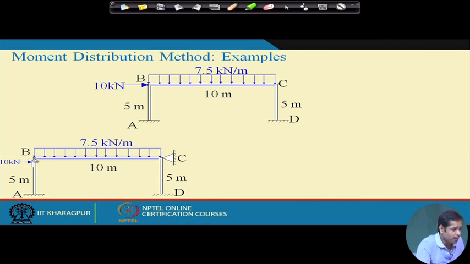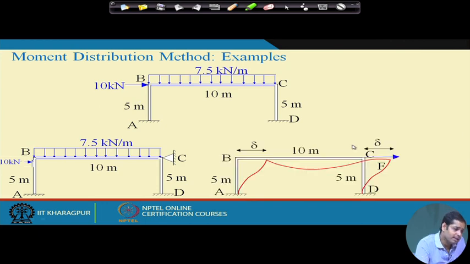Okay, since point C is not able to move in this direction and there is no axial deformation in BC, point B will also remain at the same position. So there is no sway, not in member AB and not in member CD. Now this is considering only the vertical load, because this vertical load will not cause sway in this structure. Okay. Now what we do is we allow the frame to undergo displacement in this